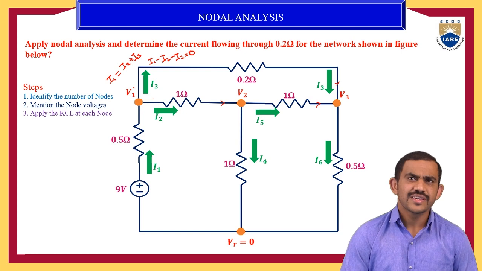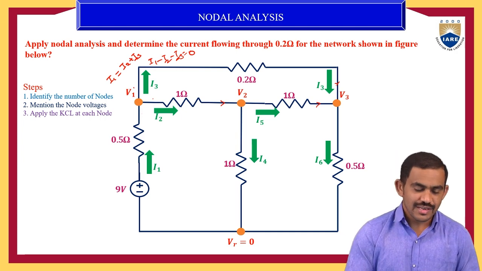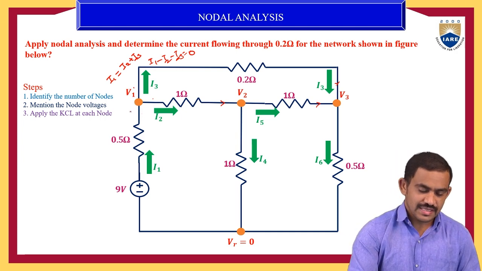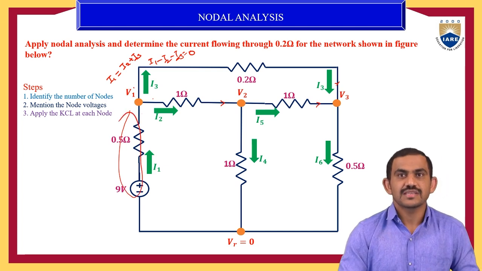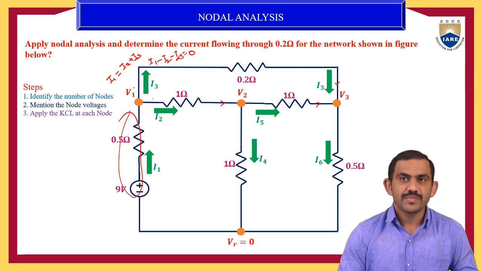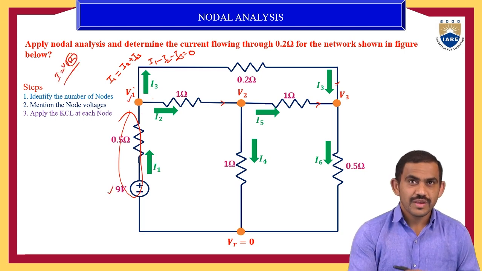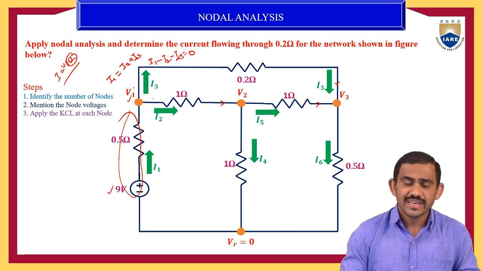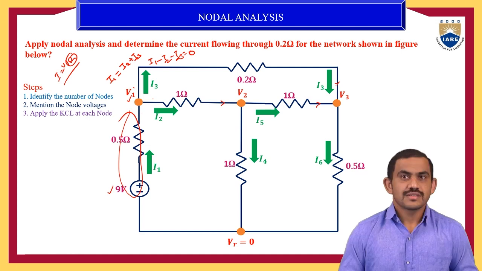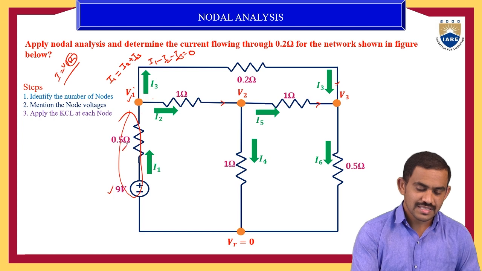Then what is the I1 value here? Before applying the KCL rule, we need to know the I1, I2 and I3 values. So for I1, in this branch, the current I1 depends upon the voltage divided by the resistance. So I equals V by R. In this branch I need to know the potential difference. What is the potential difference? We have 2 voltages here in this branch: 9 volts as well as 1 volt, and I have the resistor value also.